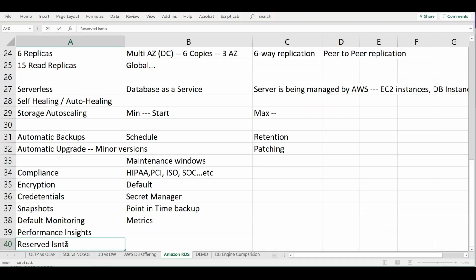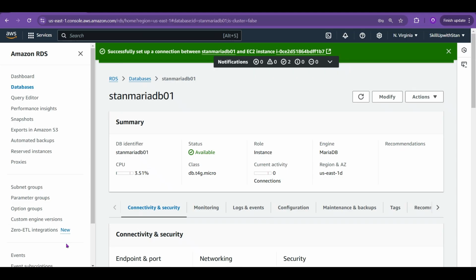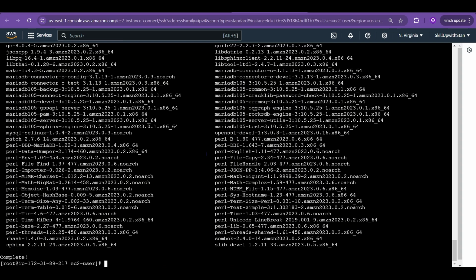So if you are going to run it for a longer duration, 1 year or 3 years, you get a lot of cost benefit by going for reservation. The automatic failover happens automatically behind the scenes. The high availability and clustering are completely taken care of by the AWS team. So you just have to specify what edition and features you want while creating the database. Coming back to the demo,